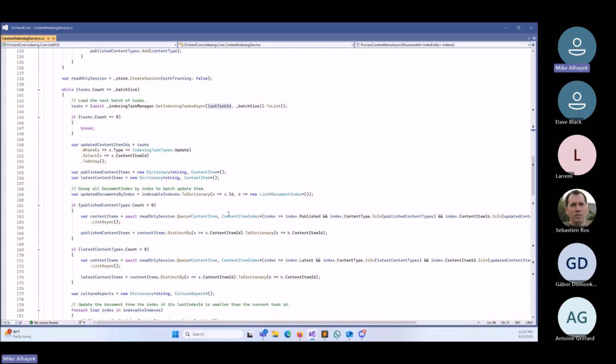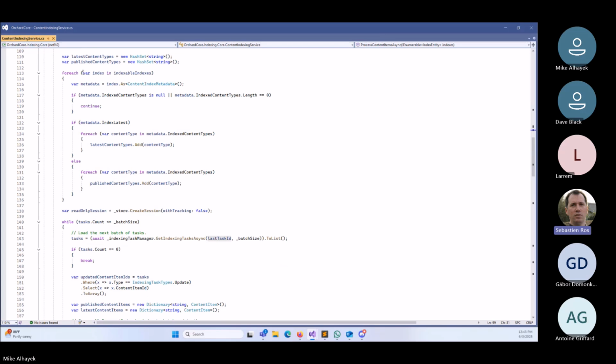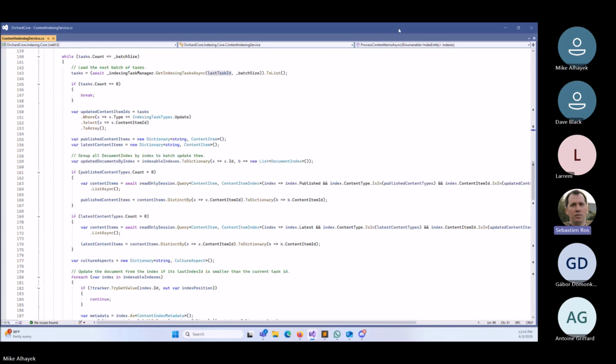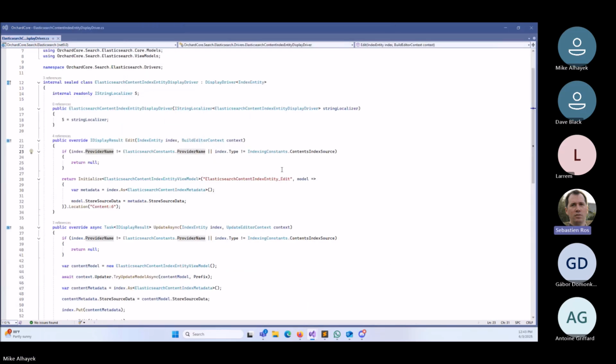Because look, what we're doing here, we're querying content items. So you can't really use this service to index users, right? Fine. This service is there as a source for content items and sends them to an anonymous indexer. Fine. And go at the top to see the class name. It's called content indexing service. Fine. Correct. What I'm saying is that if decoupling means there are different sources, here there was one content indexing